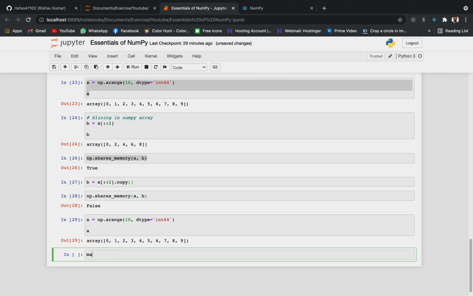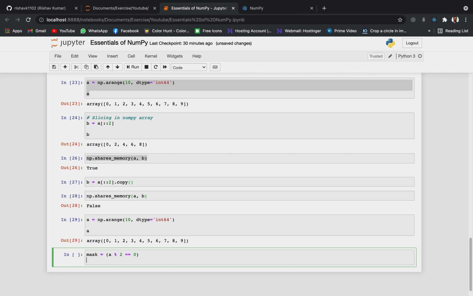For that I'm gonna create a mask, and the mask is gonna be a % 2 == 0. That means the remainder needs to be 0 when divided by 2. That is the case for every even number.